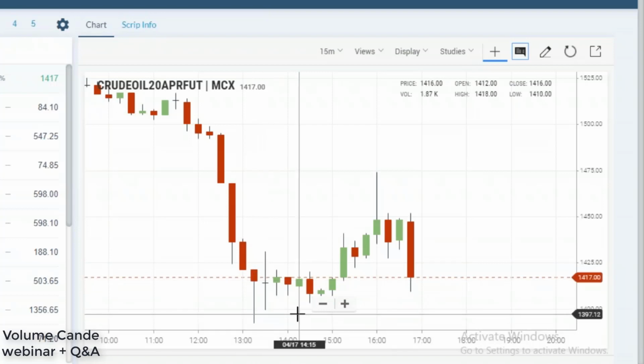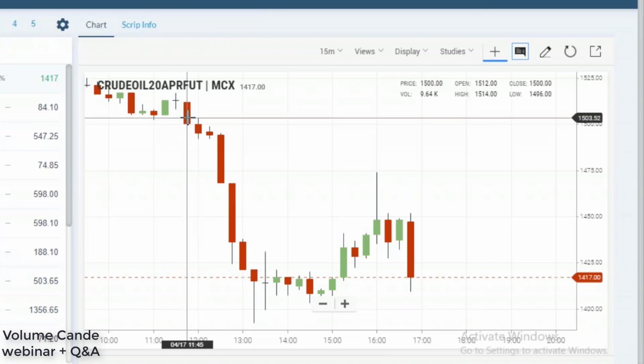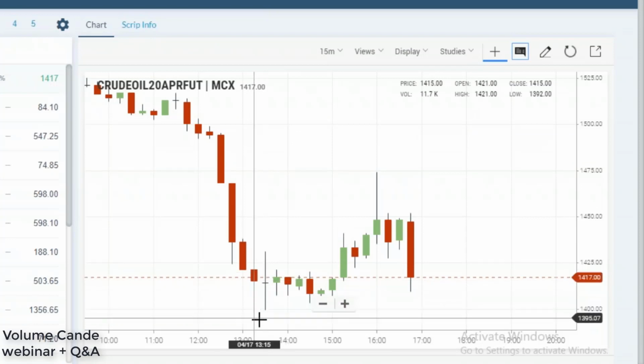So we have to understand in the mind, whenever we are getting one pin bar, it means that the market does not have enough move to go in the same direction. So the market started falling here, and there is one vertical big pin bar. So we have to initiate a long on the high break of this one by keeping the stop loss at the low of the pin bar. So this is a very simple strategy.